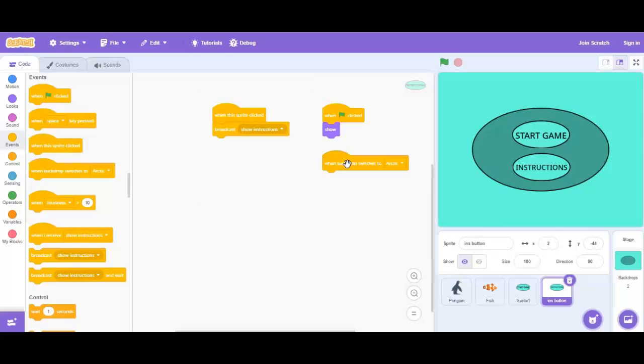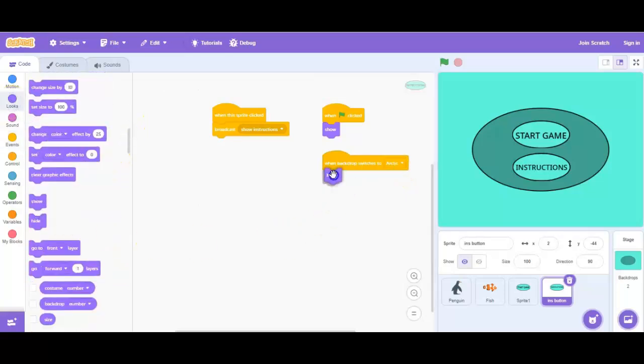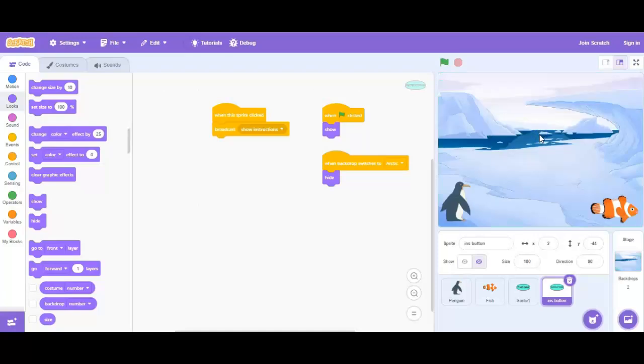There are other ways to do this, but I just like this way as a nice, smooth, easy way. So we're going to grab the block that says when backdrop switches to Arctic. Again, go to looks. We're going to find our hide, and we're going to go ahead and hide that. If I click on my green flag, everything is all set. When I click start game,